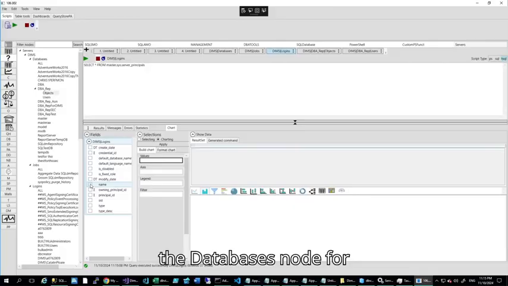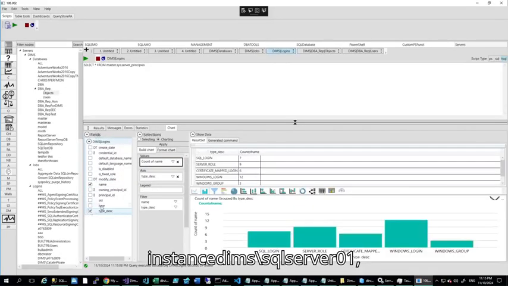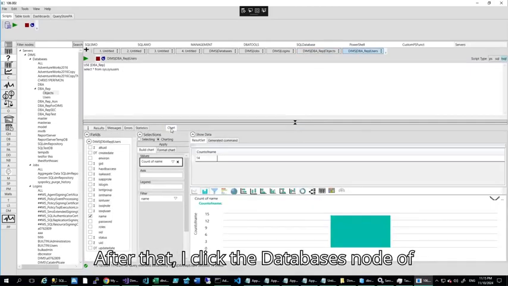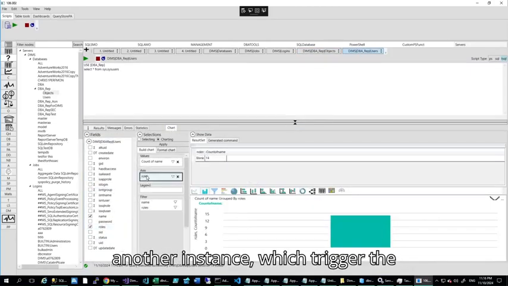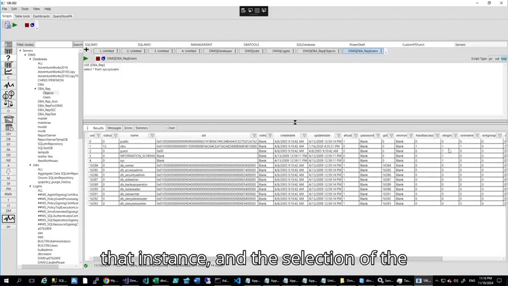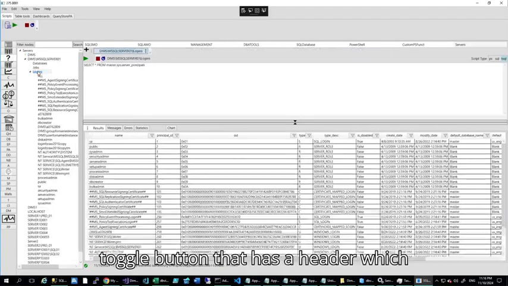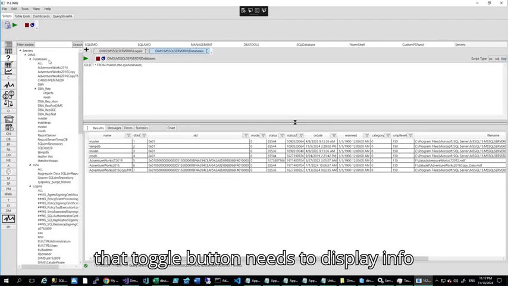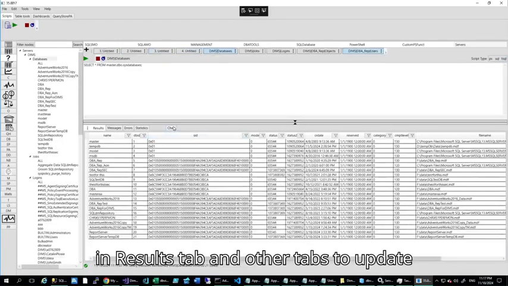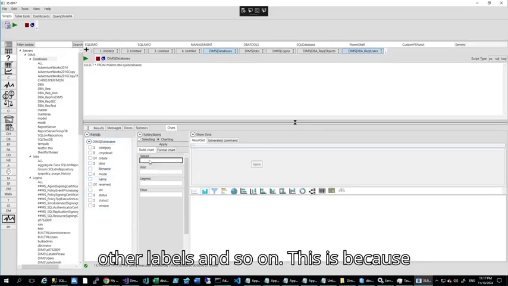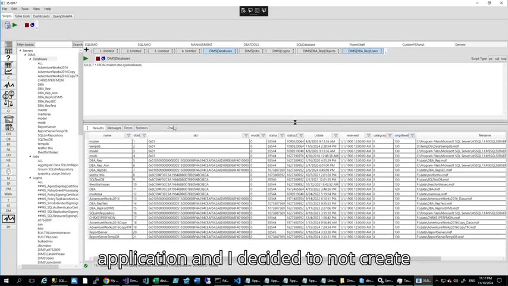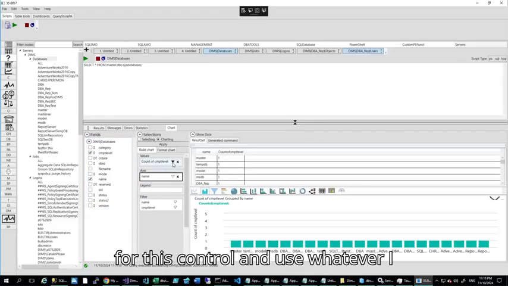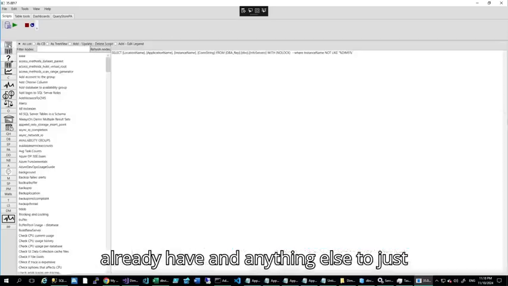I click the databases node for instance DIMS/MSQL Server 01, which triggers the execution of a script. After that, I click the databases node of another instance, which triggers the loading of the control associated with that instance, and the selection of the toggle button that has a header which reflects the path to that node. Selecting that toggle button needs to display info in the Results tab and other tabs to update other labels and so on. This is because the entire control was taken from the main application, and I decided to not create special classes and objects for this control and use whatever I already have and just update them